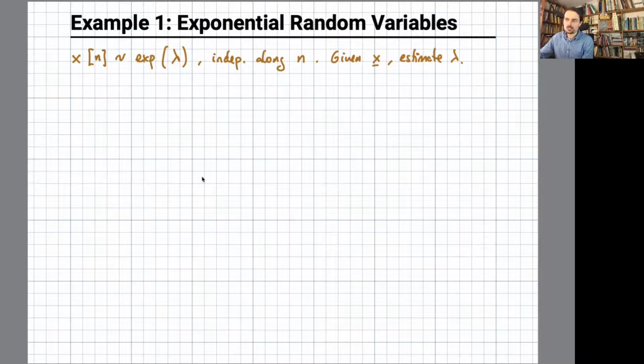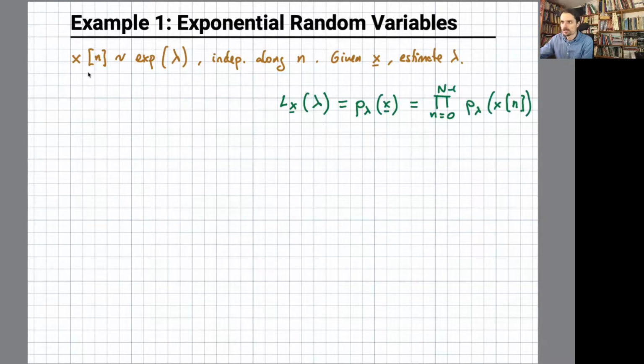Let us put this into practice by finding an estimator in this simple example. Suppose that we are given a collection of exponential random variables that are independent and that share the same parameter lambda. So the goal is to estimate lambda given the samples x. The first step is, of course, to obtain the likelihood function, which, remember, takes the same values as the PDF